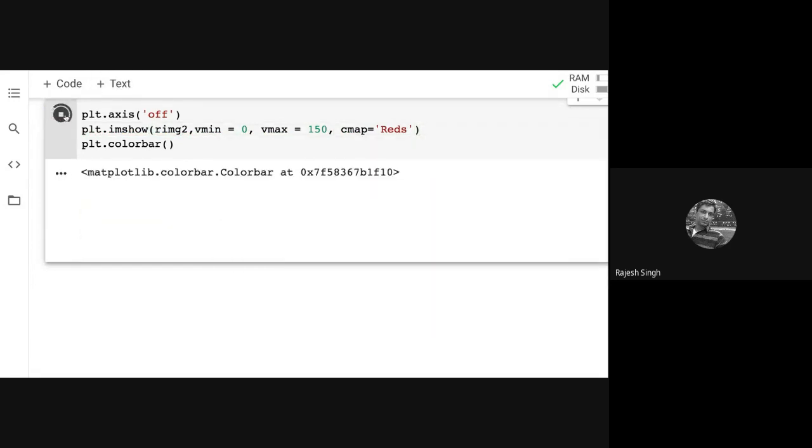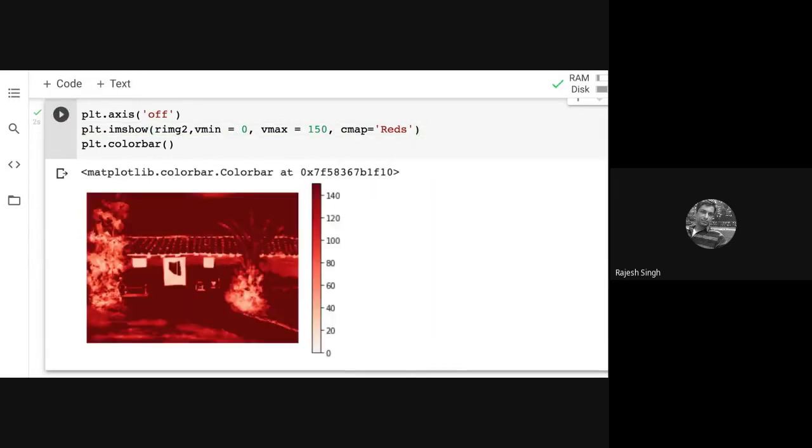Anything else? I guess it's working. So now you will find it interesting. Now you will look at the color scale. Color scale is between 0 and 150 now. You can keep it horizontal on this side or on the top. Look at those variations. They are available.